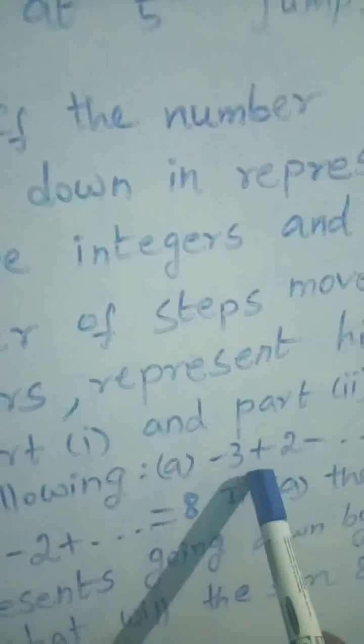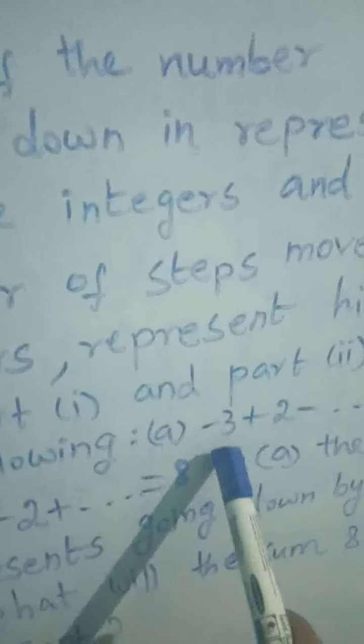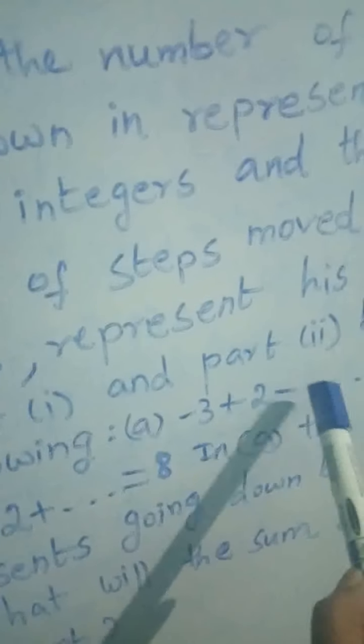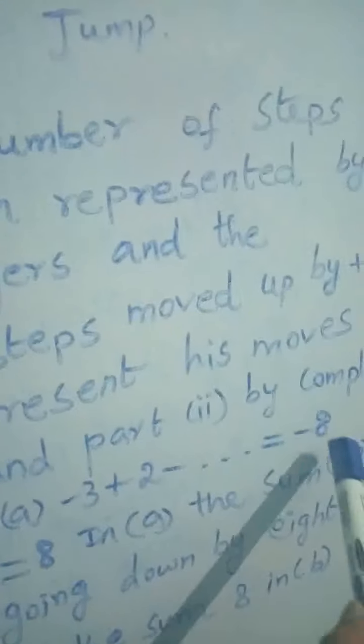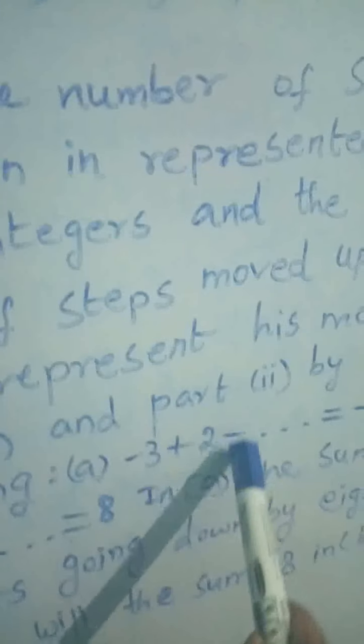First part, what we have done, we have put 3 and 2, no, 3 jump and 2 jump. Here they have given minus 3 plus 2 minus, what should come here, 3 plus 2, till we get minus 8 as answer. We have to fill this pattern. Understand children? Next here 4 minus 2 plus, second part is what, 4 and 2, no, so 4 minus 2, again what will come, 4 minus 2, till we get 8 as an answer. We have to complete this pattern children.